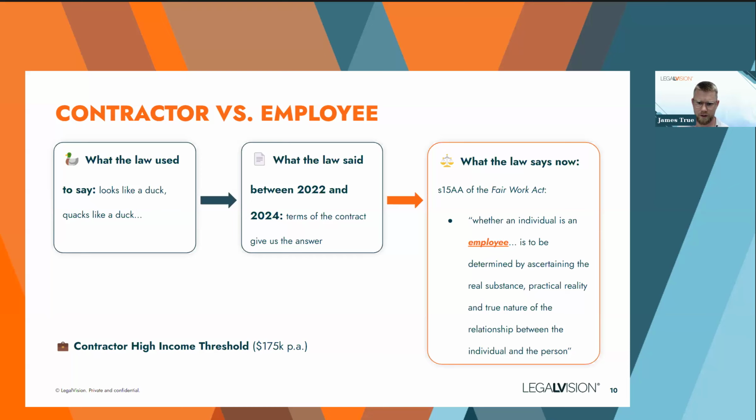So that was a well-established test under the law and the consideration that everyone would give up until 2022. And we got some High Court decisions. Some of you might be familiar with the JAMSEC decision, the personnel contracting decision in the High Court. And the High Court flipped all of this on its head and basically said, where the parties have got a written agreement, and that sets out their relationship, well, that is the appropriate place for us to go and look to make a determination as to what the relationship really is.